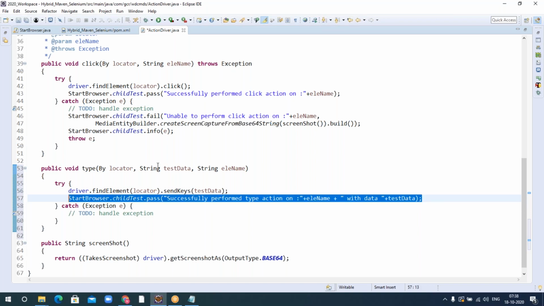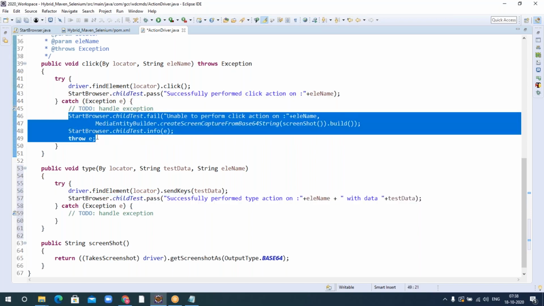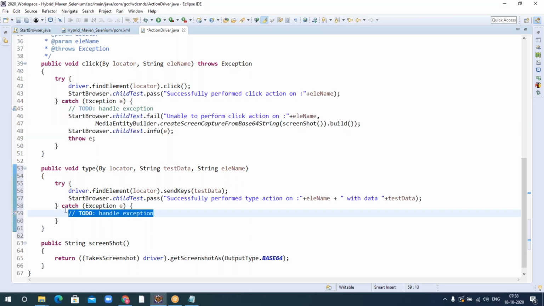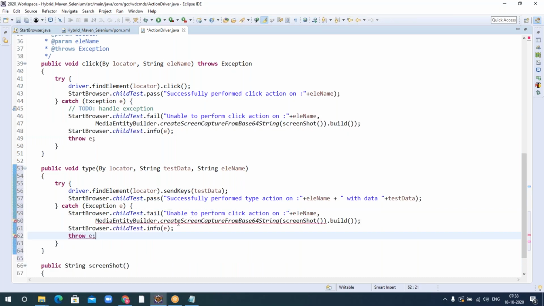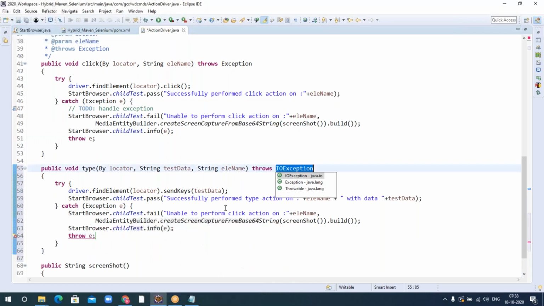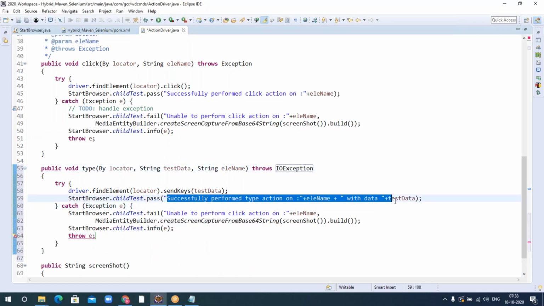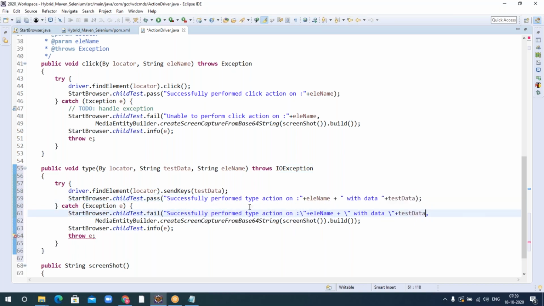If something fails, then what do you have to do? I just copy paste the same thing and modify it accordingly. Instead of successfully performed, it says unable to perform type action on the element, so that it cannot perform a type action.